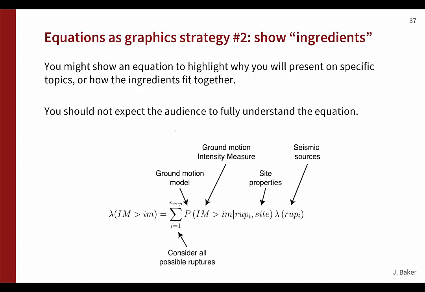In a case like that, I'll do this type of annotation where I draw arrows and point to different things. If for this calculation I need a ground motion model and some site properties, then let's talk about ground motion models and site properties. Then you'll understand why I'm talking about those topics, because you understand that it's needed as an input to this equation. That stops short of fully digesting this equation,